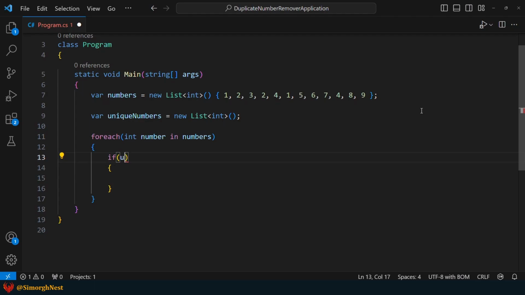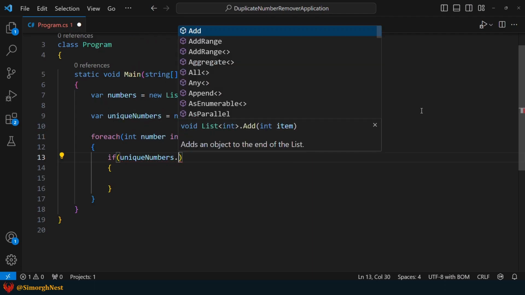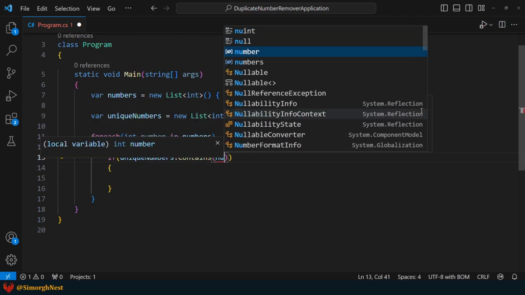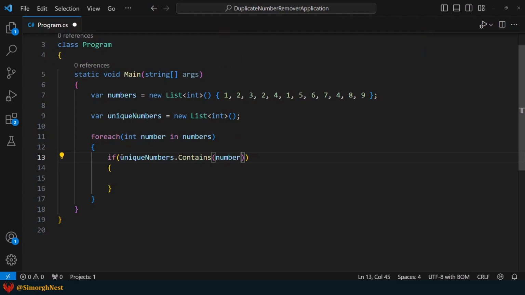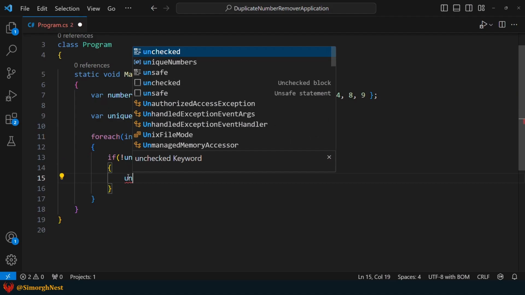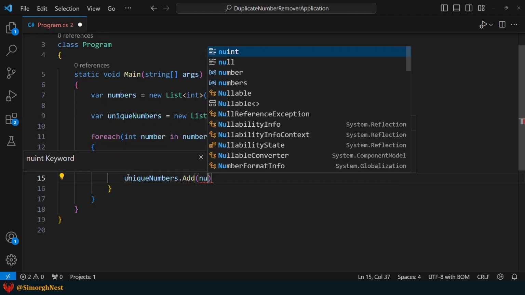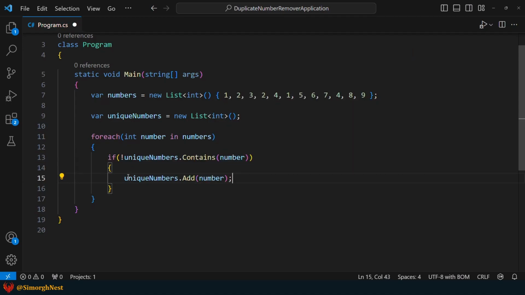To achieve this, let's use the contains method. If it doesn't exist, we'll add the number to the unique numbers list using the add method. Okay, by doing this, we ensure that only the unique numbers will be added to the unique numbers list.